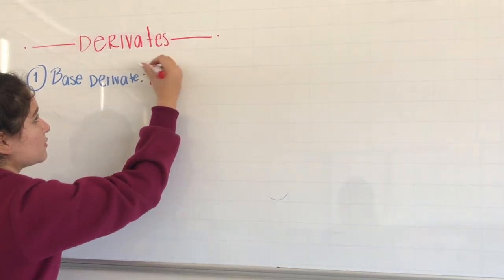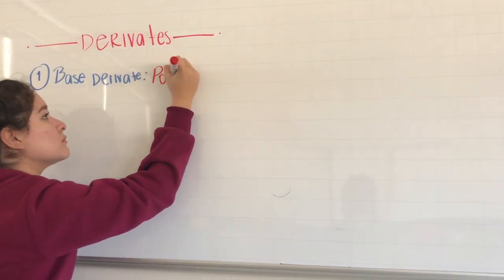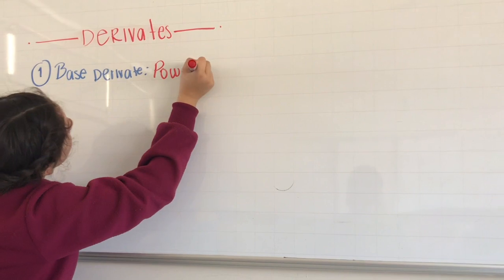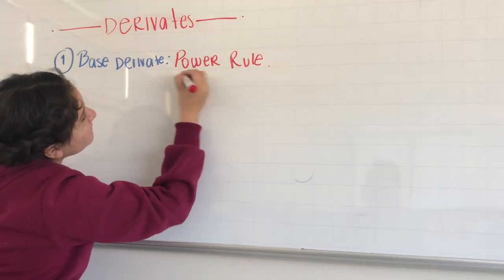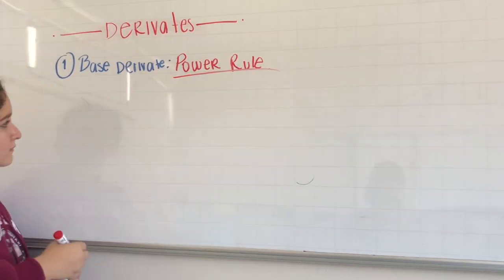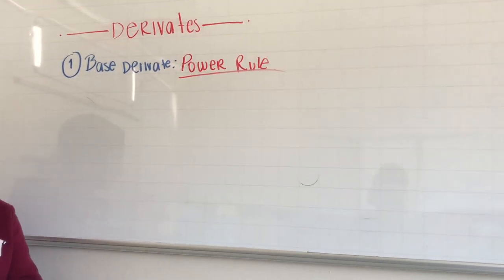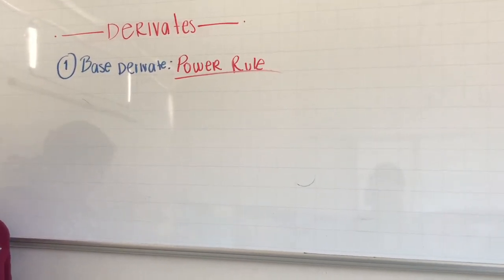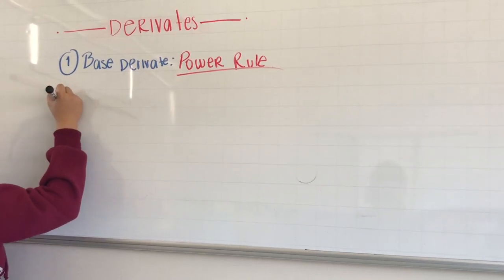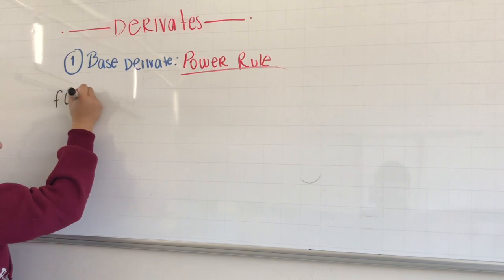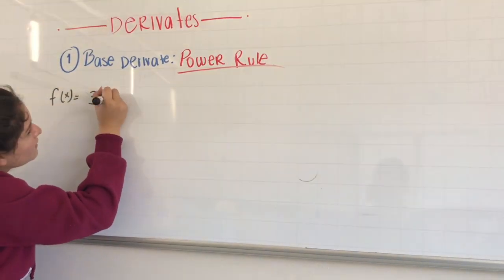So now that we know what a derivative is, we're going to the next step, which is knowing the rules. First, you're going to have your base derivative, which is the power rule. This rule, you're going to apply with any kind of rule you use. It is the basic way that you derivate. So, you take your f of x and your number, which in this case is going to be 3x